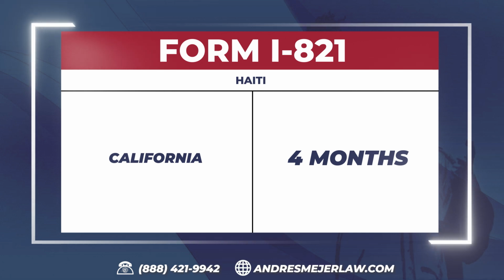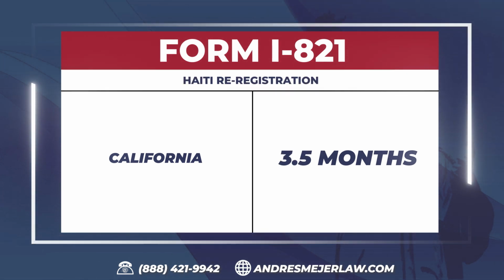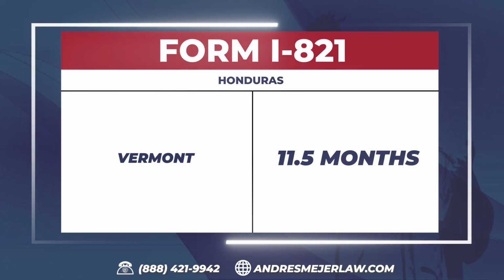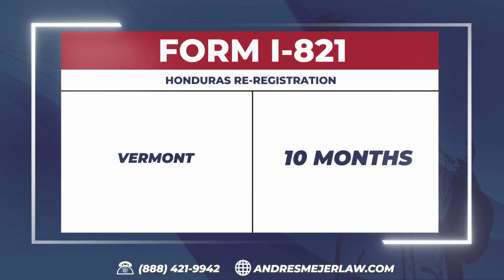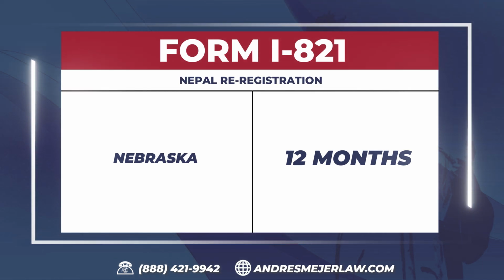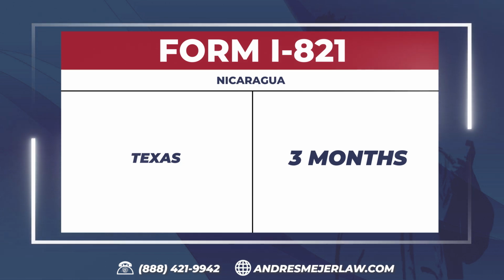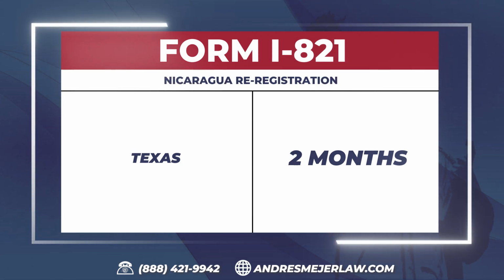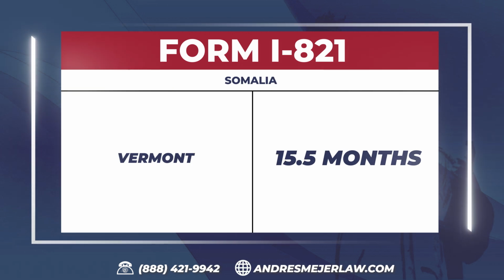Haiti, California, 4 months. Haiti re-registration, California, 3.5 months. Honduras, Vermont, 11.5 months. Honduras re-registration, Vermont, 10 months. Nepal, Nebraska, 12 months. Nepal re-registration, Nebraska, 12 months. Nicaragua, Texas, 3 months. Nicaragua re-registration, Texas, 2 months. Somalia, Vermont,